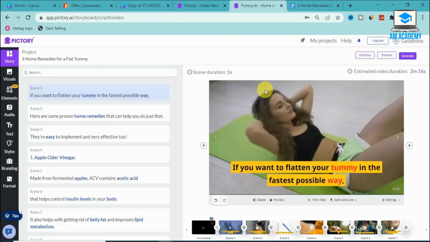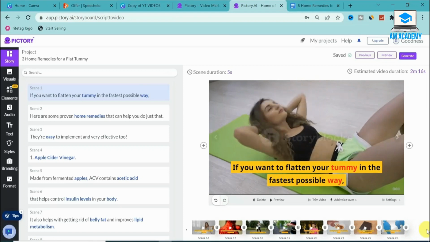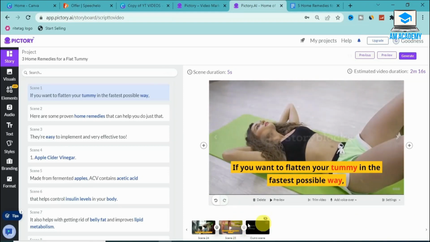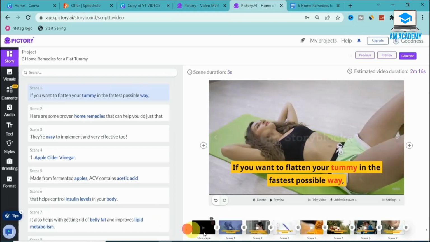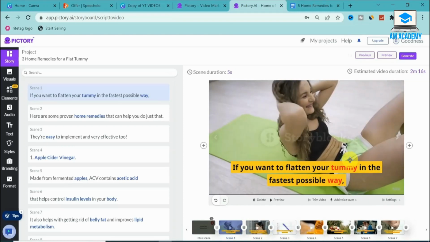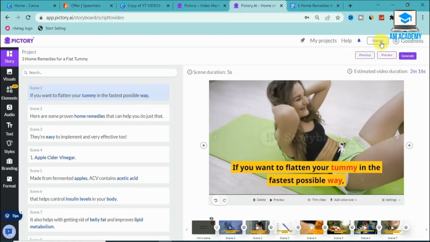Alright guys, so as you can see, our slide is completed right here. So we can see we have all our scenes right here. We have scene 1 down to scene 25 right here, as you can see. So you could see from scene 1 we can easily go from intro, scene 1, scene 2, scene 3 right here. So the first thing I'm going to share with you, I'm going to preview the video that this made